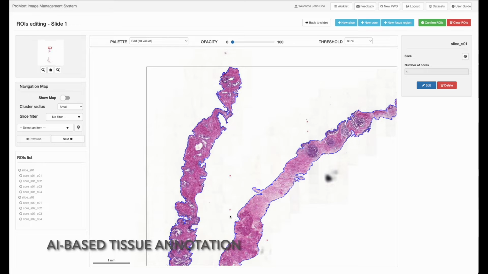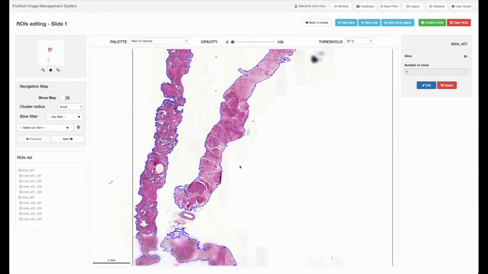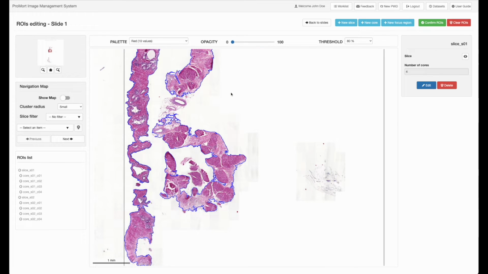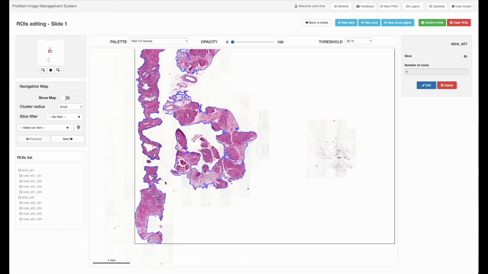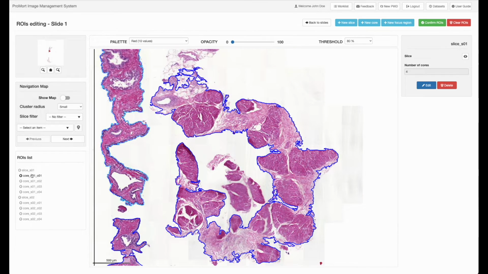The platform now uses a DeepHealth-based deep learning model to automatically recognize and annotate tissue areas on the image with high precision, while avoiding slide artifacts such as small irrelevant tissue islands. Separate tissue slices are also correctly annotated. This computational annotation saves user time and results in a more accurate annotation, as it painlessly copes with irregular tissue